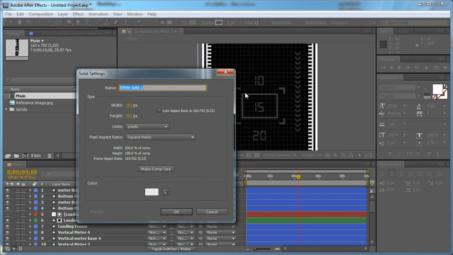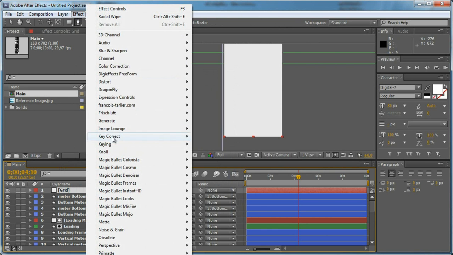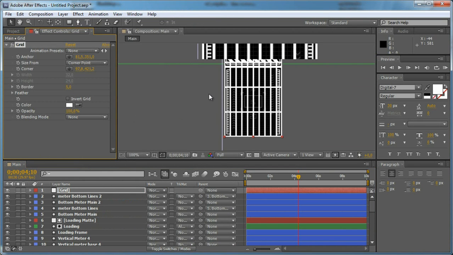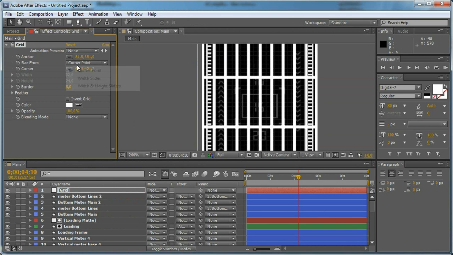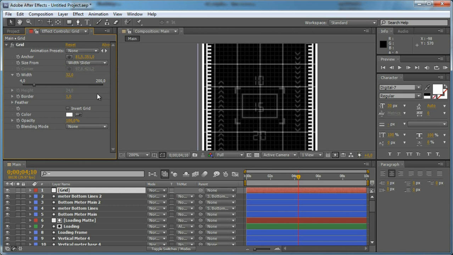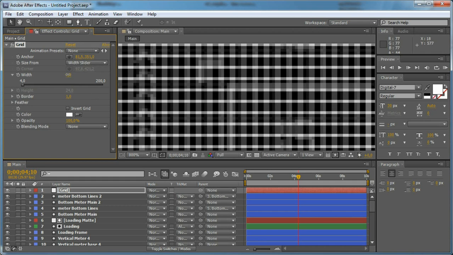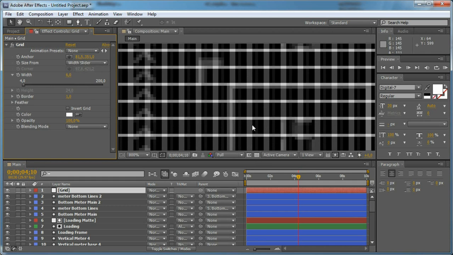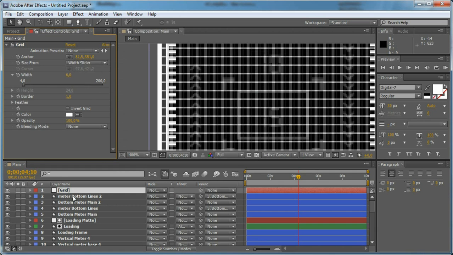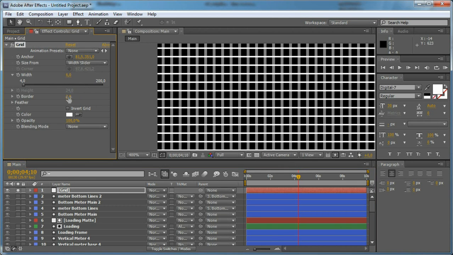then let's create a new solid and let's call it grid, and let's come to effect generate grid, apply a grid, and let's change it to width slider, and let's set the grid border to 1, and let's reduce the size of the grid to 6, and let's play with the grid, probably set the border to 2,